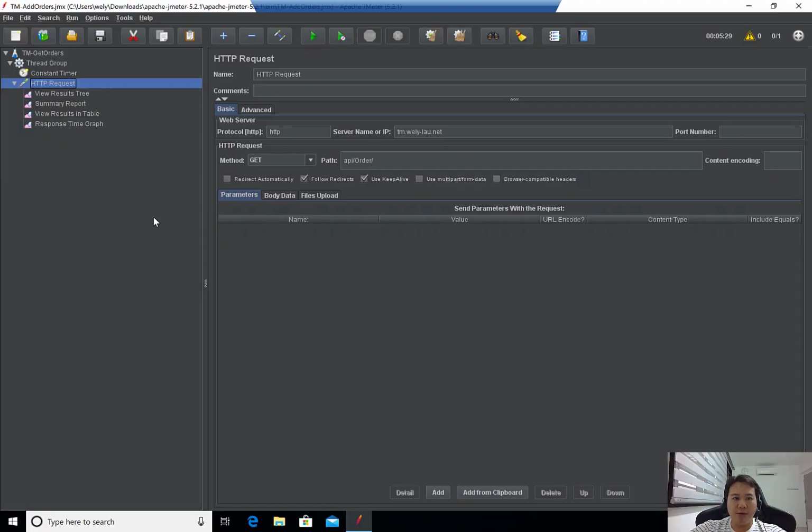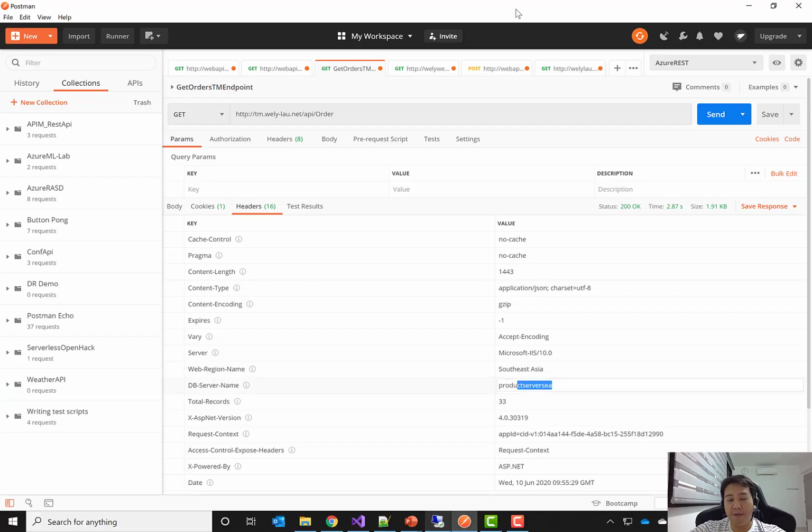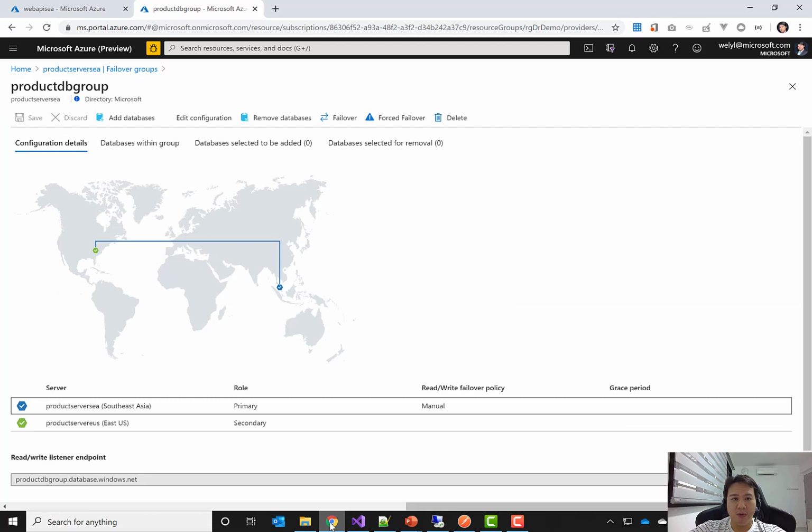So I'm getting my JMeter ready again. What I'm going to do is perform a hit, and then later on perform a failover of the database, and let's check out how long it takes to recover. So I'm going to hit send now. As you can see, the first couple of requests are successful. So I'm going to hit the